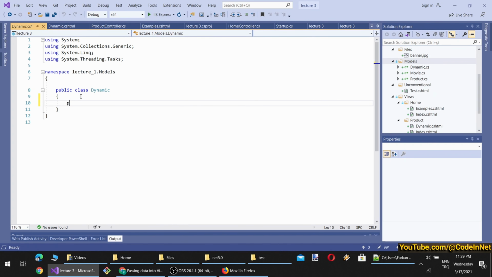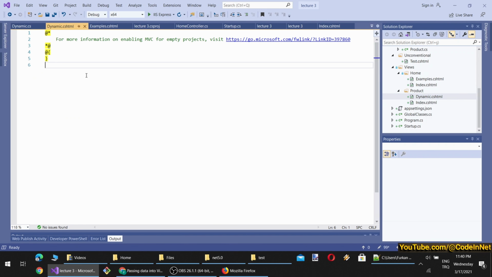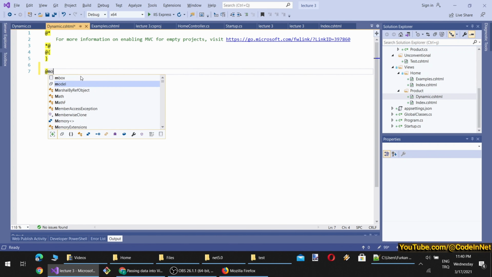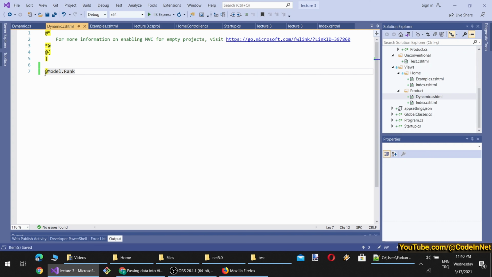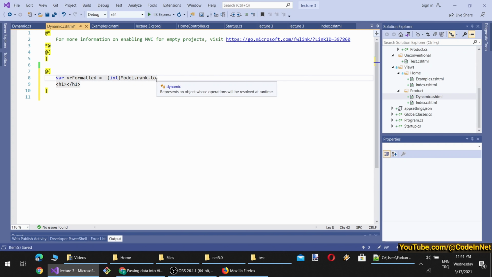Okay, inside this dynamic class, I will add a name. It will be an integer, and let's set a default value for it, something like this. Okay, by the way, it is not a good name, so I will name it rank. So inside this dynamic.cshtml, I will print it with Model.Rank. Okay, now it should be printed. It will now expect a model that has a rank parameter. H1, and the rank parameter, so equal to Model.Rank, yeah, I think I have to define it first.